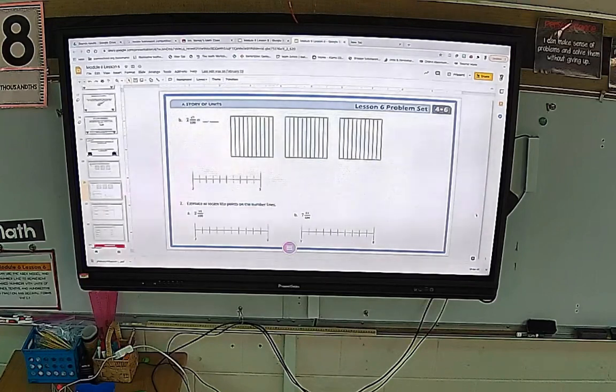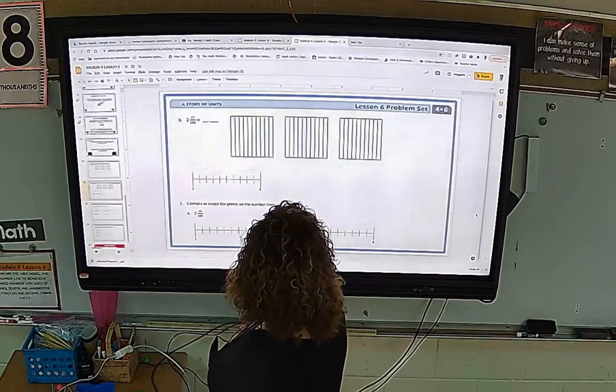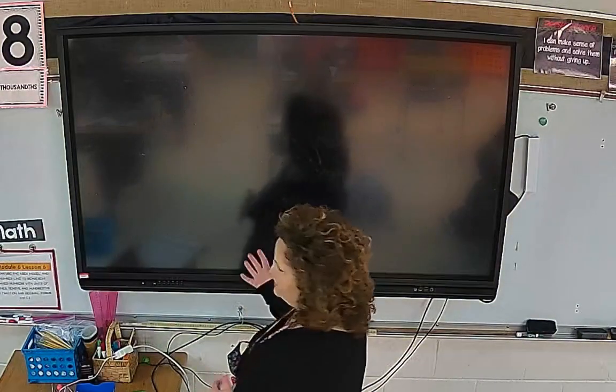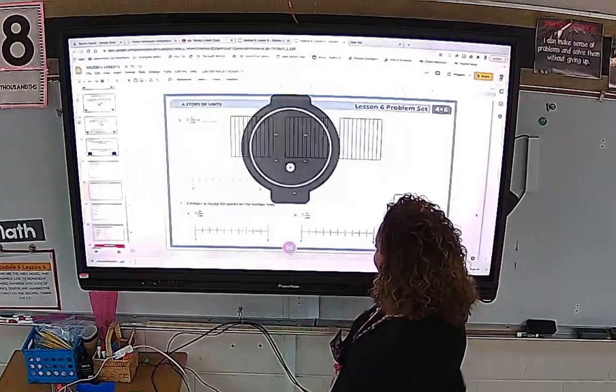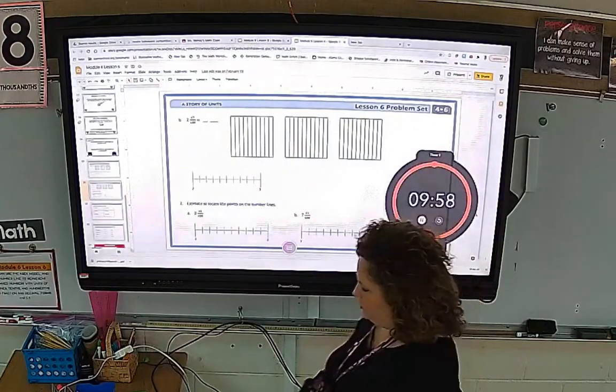Alright, so sometimes they try to take something simple as matching and kind of challenge you a little bit to think about it. So just look carefully at it. Okay? Alright, I'm going to let you get started and get as far as you can. Okay, we'll see where we are when this timer goes off. I may give us a few more minutes if we need it. If you have a question, let me know.